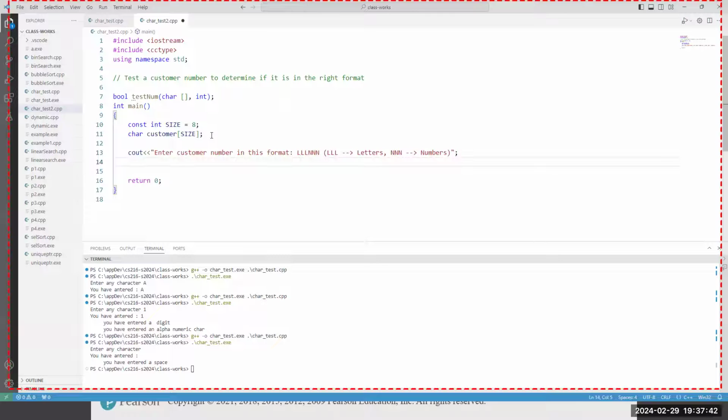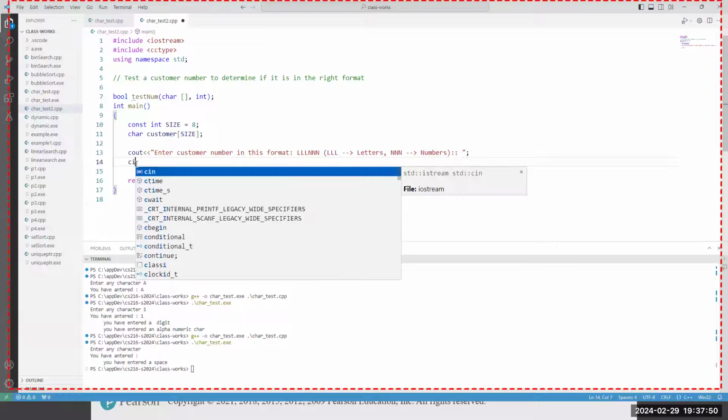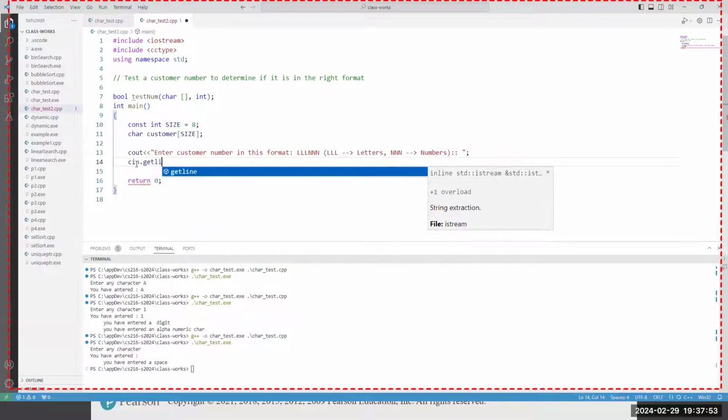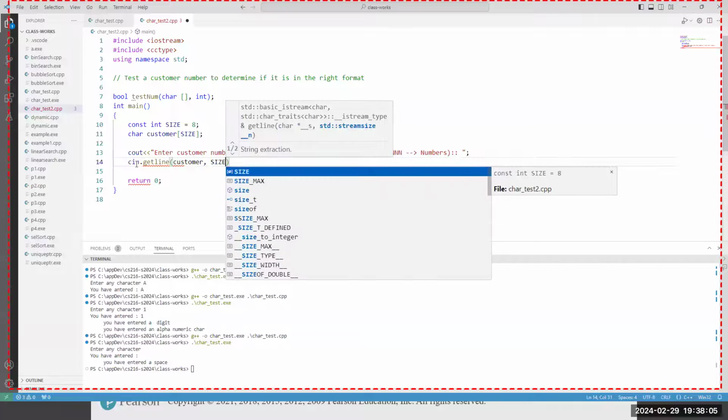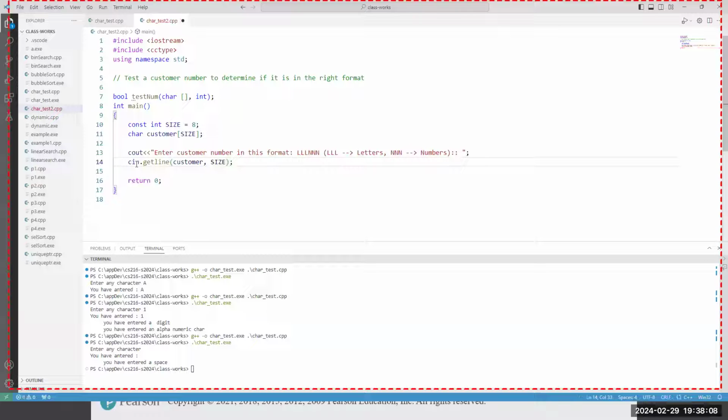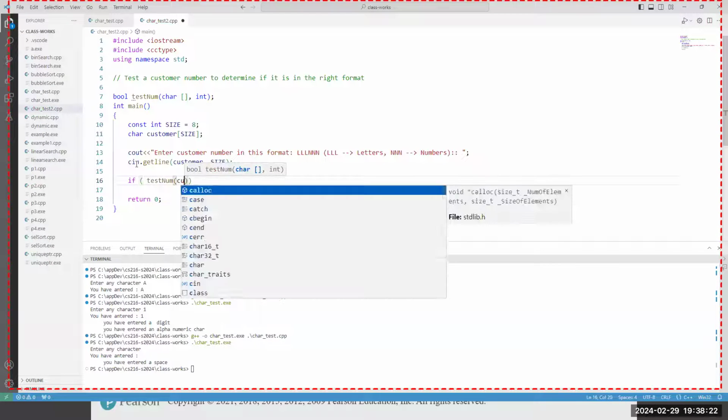Then, of course, the next step should be, you can put a colon sign here just to say that now you enter it. You can do cin.getline. Why are you doing getline? Because you are entering a full line of input. So you can do customer, and then the size of this particular array. Now, we have not written testNum yet, but we can still say if testNum customer